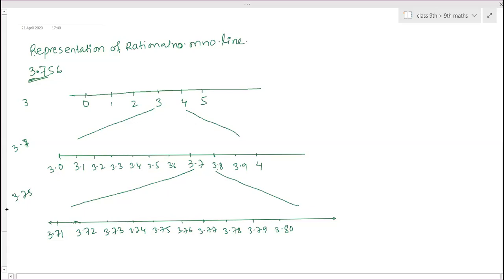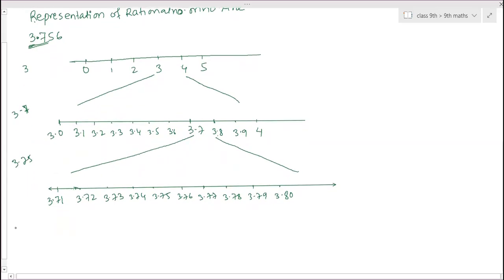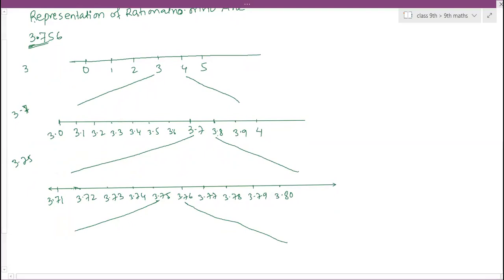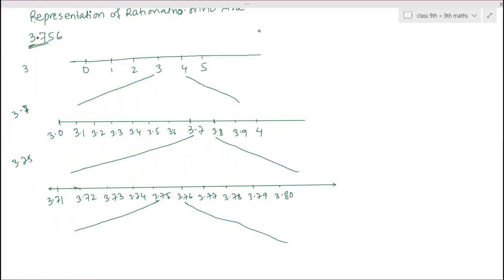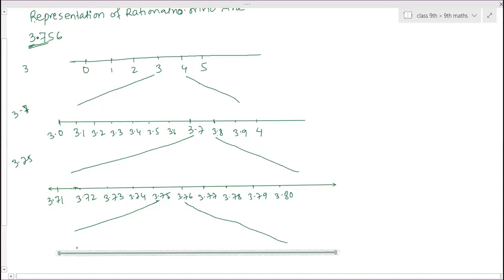So what is the next number now? 3.756. We got 3.75, so the next number is 3.756. Again 75 and 76 we have to magnify further. The area between 3.75 and 3.76 we have to magnify further. So it starts from, which part, Tejasvi? First one will be